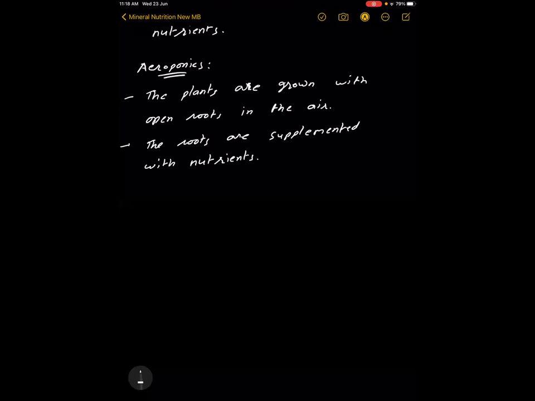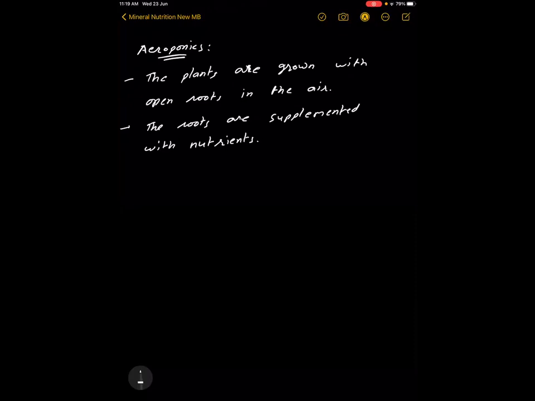They are essential for normal growth. If they are absent, deficiency symptoms occur in the plant. They are directly involved in the nutrition and growth of the plant, not indirectly. Means they have a direct role in normal development. If the plant has no or less of that material, it shows symptoms. So these are some criteria, and on this basis Arnold and Stout divided these minerals into two categories.